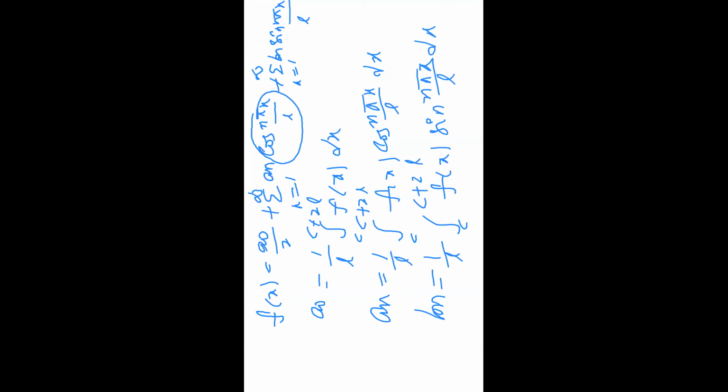So in every method we have to calculate the value of L and replace L in the given basic formula. Automatically the formula is converted to your required method. So we have to find out the L value using the limits. The basic limits are c comma c plus 2L. Using c comma c plus 2L, comparing with the given limits, find out the value of L. After finding the L value, we have to replace it in the basic formula. Automatically the basic formula is converted into your required formula.